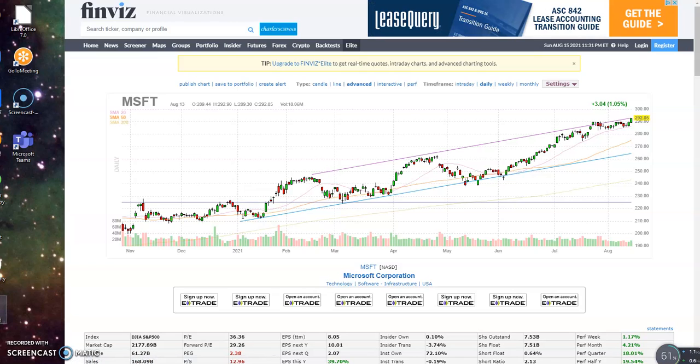Hello friends, this coming week the first stock I would pay attention to is Microsoft. It's a very nice upgoing trend and it has a nice platform since July 23rd, and then it just broke out with relatively large volume,